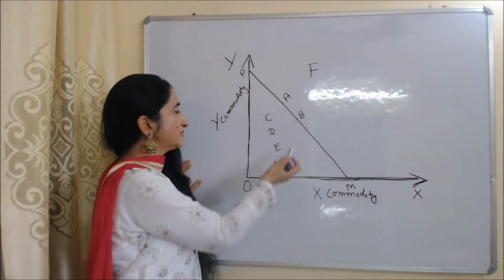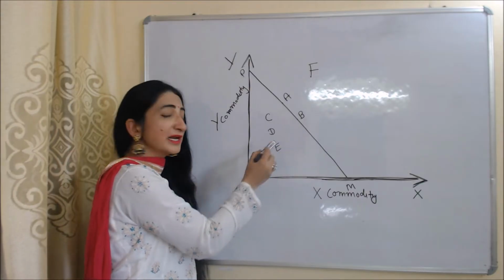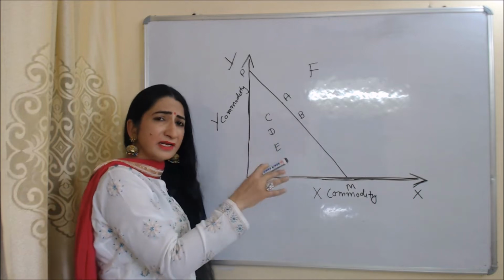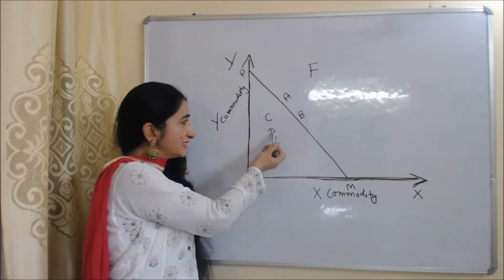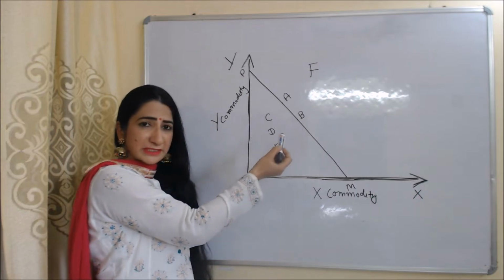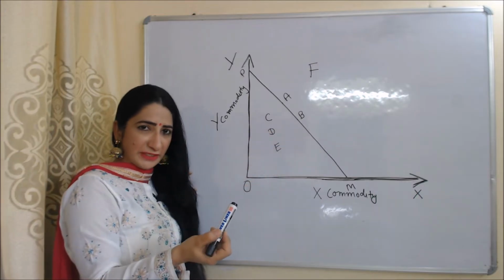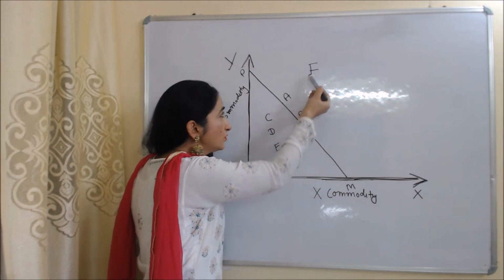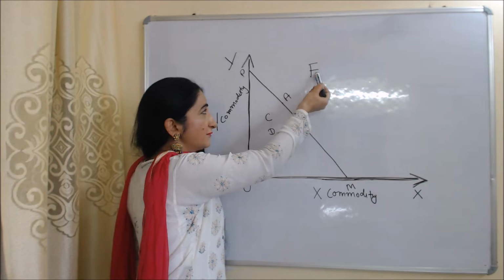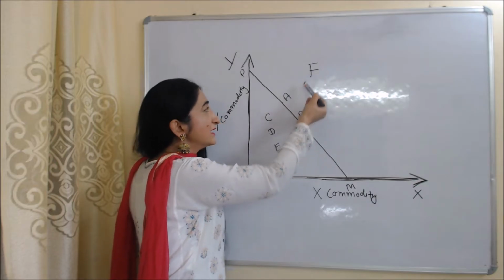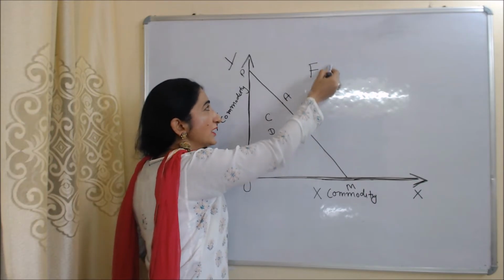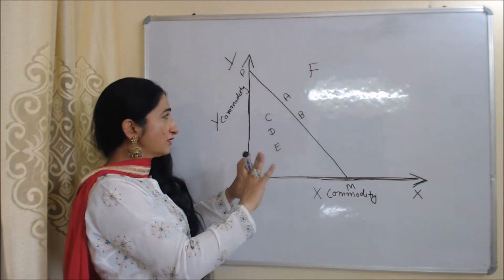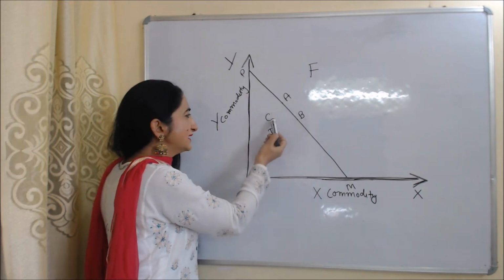All combinations which are below his budget line are inferior. For example, C, D and E combinations are below his budget line. That's why these combinations are inferior. And the consumer cannot afford any combination which is beyond his budget line. For example, the F combination is beyond his budget line. That's why the consumer cannot afford the F combination, because this combination is very expensive. But the consumer can afford all combinations A, B, C, D and E.